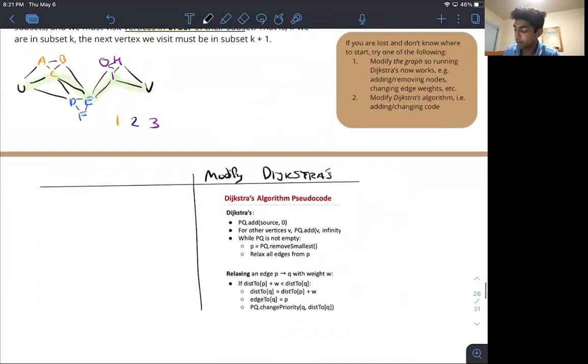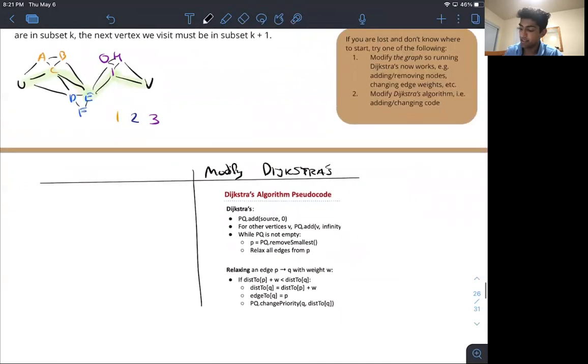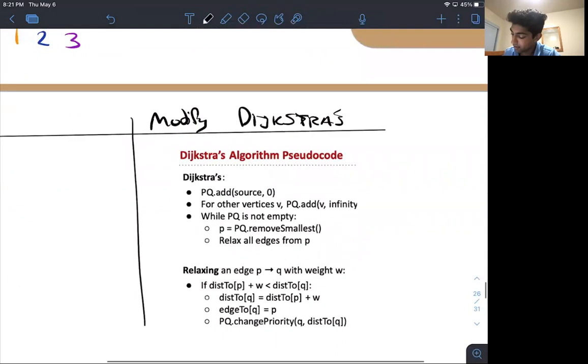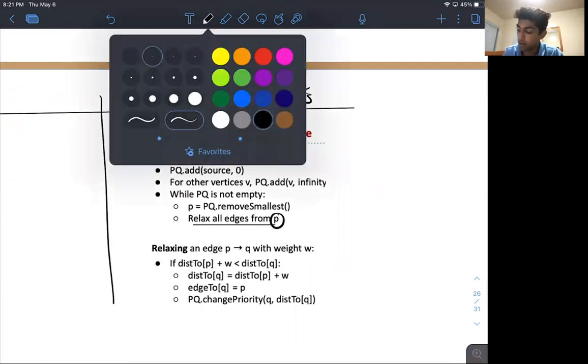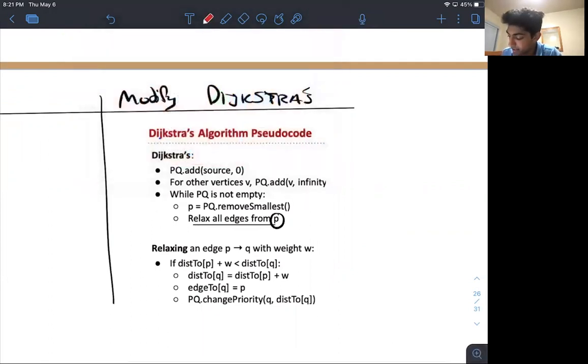How we're going to modify it is, when I'm looking at this step here, usually we can look at any other edge outgoing from P, right? Now what we're going to do is only relax a subset of the edges,